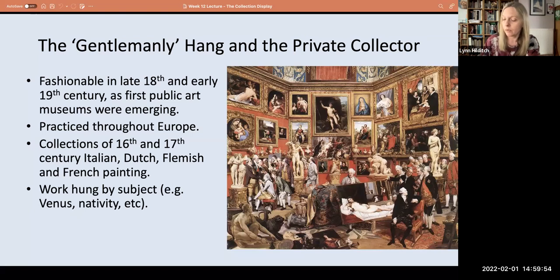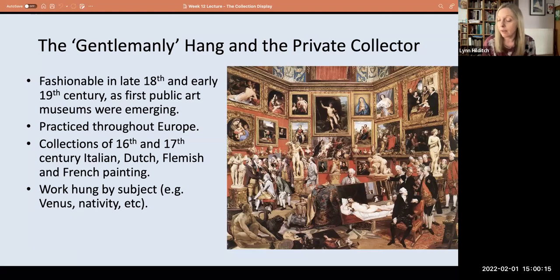They might have an Italian Venus and an Italian Nativity on one side of the display. On the other side, they might have a Flemish Venus and a Flemish Nativity,